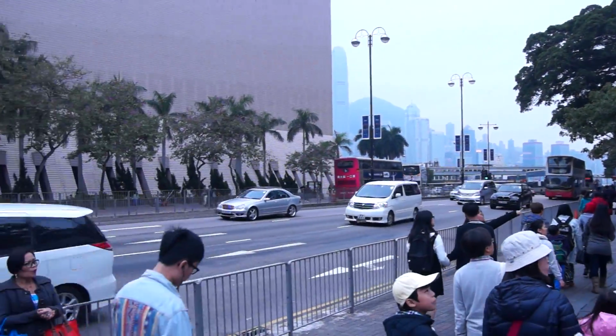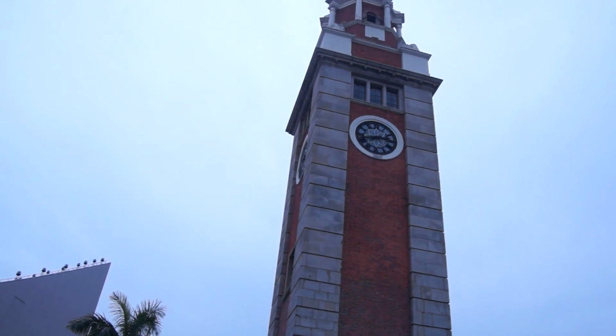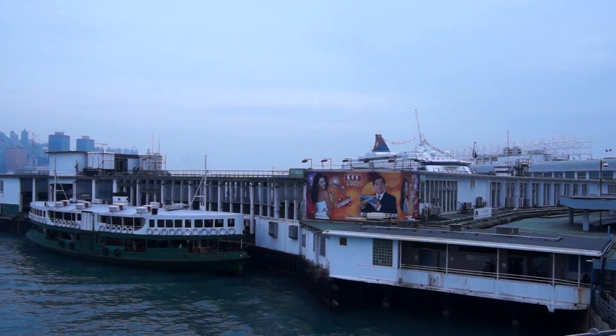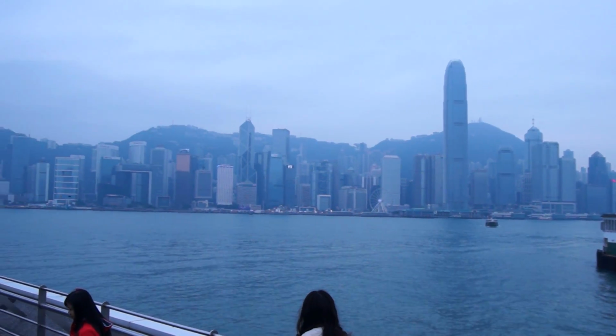And also can't forget the old Kowloon railway station clock tower. It's an iconic sight to see. It was unfortunately quite hazy today, so the view wasn't the greatest, but for me I enjoyed it quite a